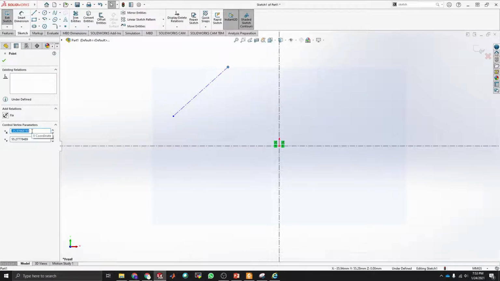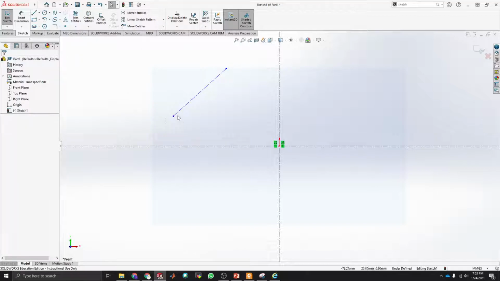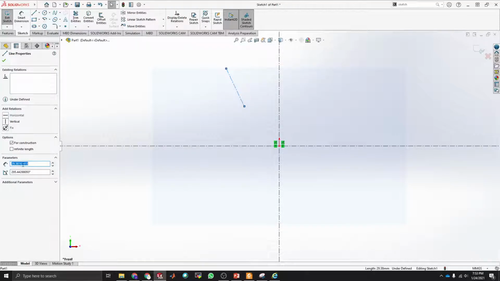And even when I specify maybe the length of this, let's suppose, I don't know, 50 millimeters, since the line is blue, I can modify the location of the points, and therefore I am modifying the length of the line. Whereas these lines that are going through the origin,